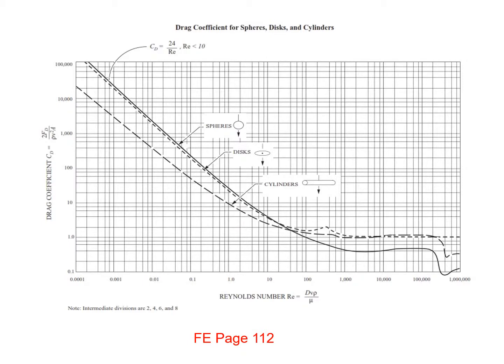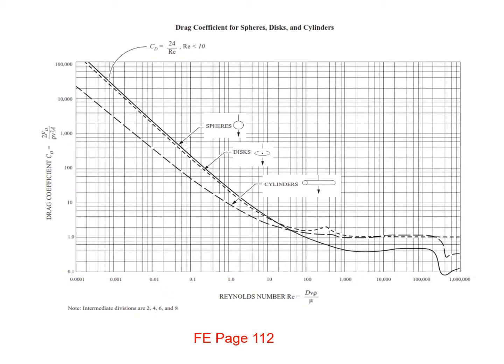drag coefficient for spheres, disks, and cylinders. As you see here, we have a graph with Reynolds number, d v rho over mu. That is how we can find Reynolds number. D is diameter, V is velocity, rho is density, mu is viscosity. And you can find all of these parameters in your FE